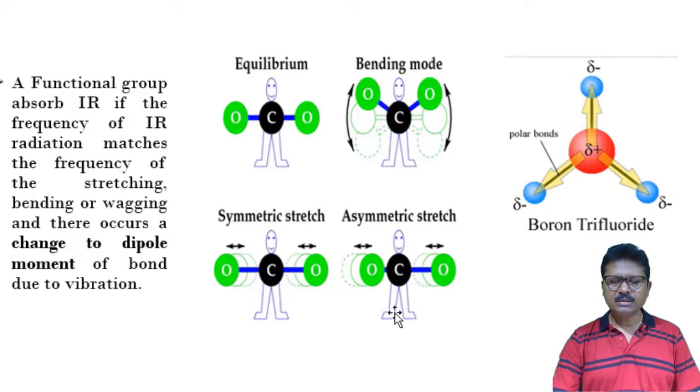When the IR radiation passes through the sample, then according to the structure of the molecule and according to the frequency of the IR radiation, there will be a vibration of the bonds of the molecules. If there is a change of dipole moment due to this vibration, then that IR radiation will be absorbed by the molecule. So when the IR radiation is absorbed, according to the frequencies at which it has been absorbed, one can identify which types of functional groups are there or what the construction of the molecule is.